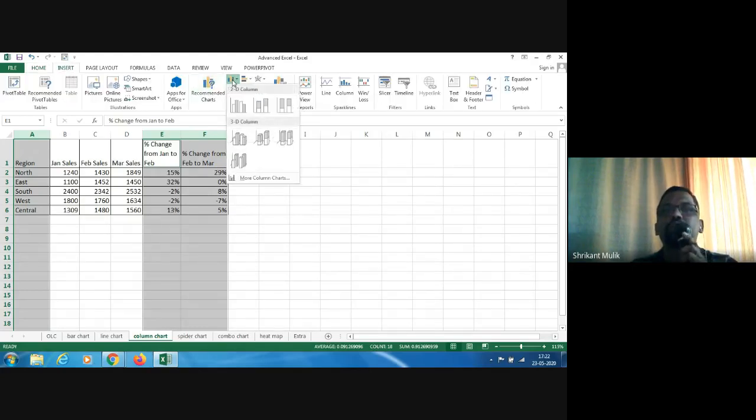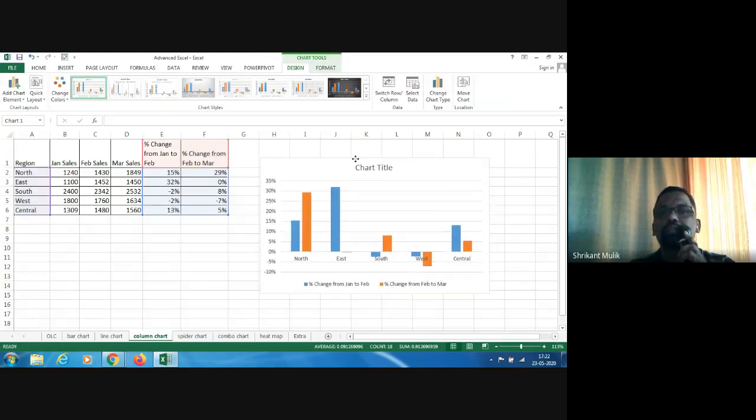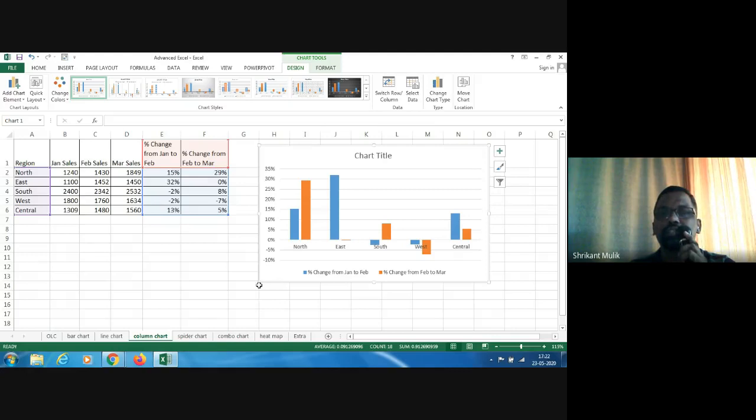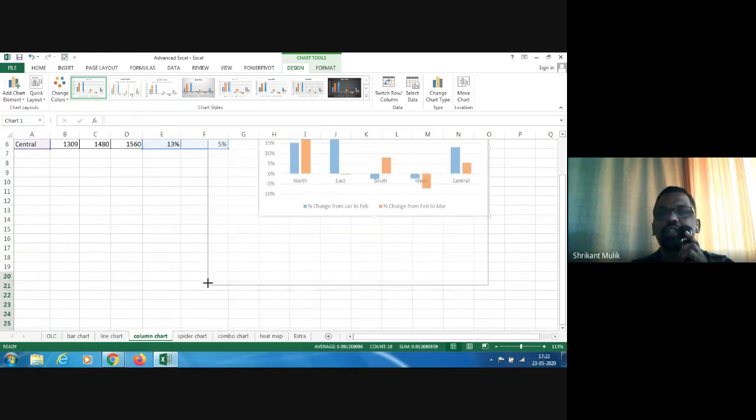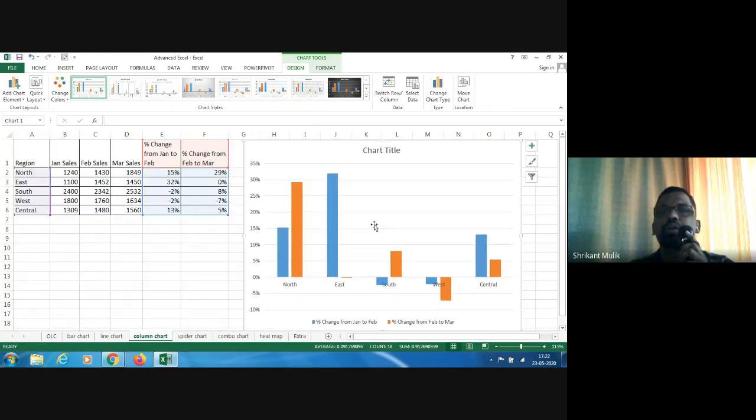And then I do insert, and I want to do a column chart. So I go here and I do a column chart, and I see that it has picked up very well. By the way, Excel does the job very well in terms of getting the right data. So here you get these things. And as you can say, this is pretty nice, right? You kind of see it. This is very visual. You can see this pretty well. Now you may want to do certain few more things out here, and that is where the advanced things come.